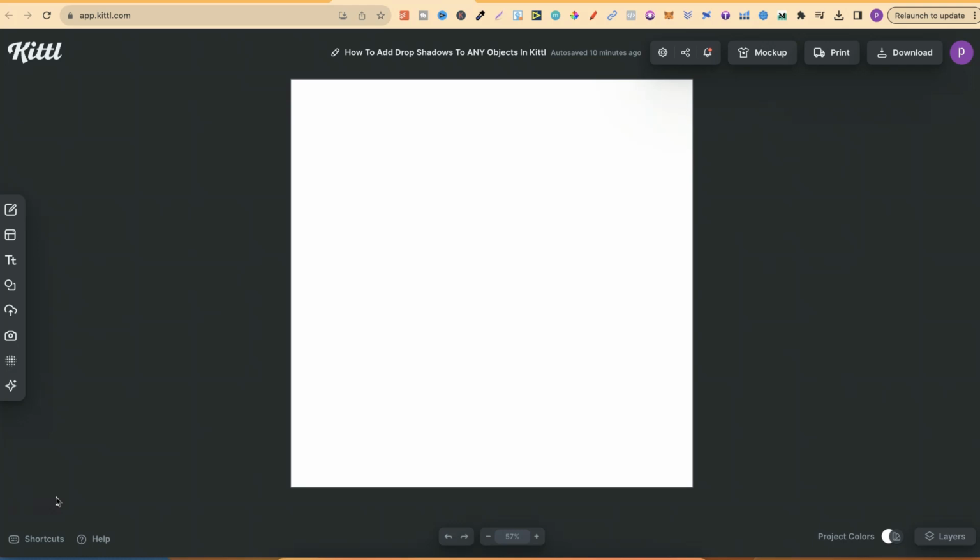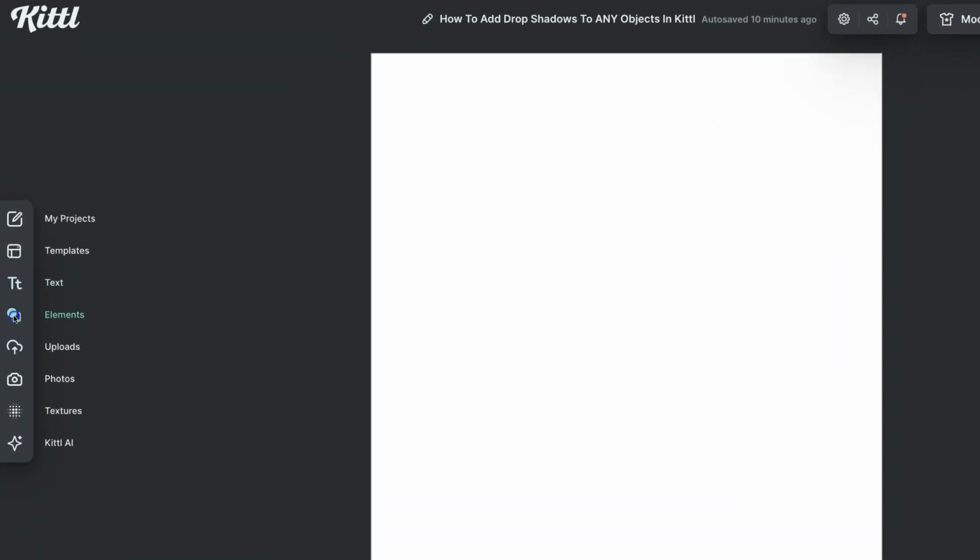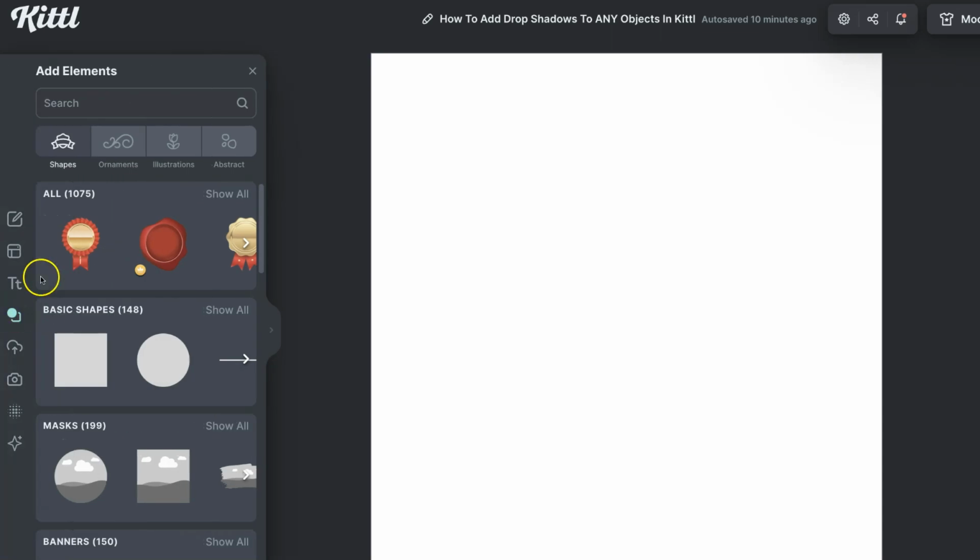In this tutorial, I'm going to show you how to add drop shadows to any objects here in Kittl. Now, this is extremely easy to do, and we can do this on objects, elements, and even photos. So if we come over to here, to the left-hand side, and go to Elements, let's just choose this one